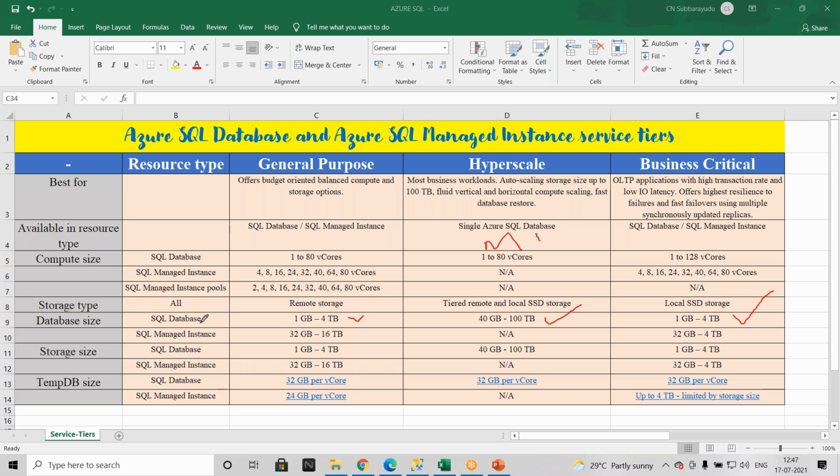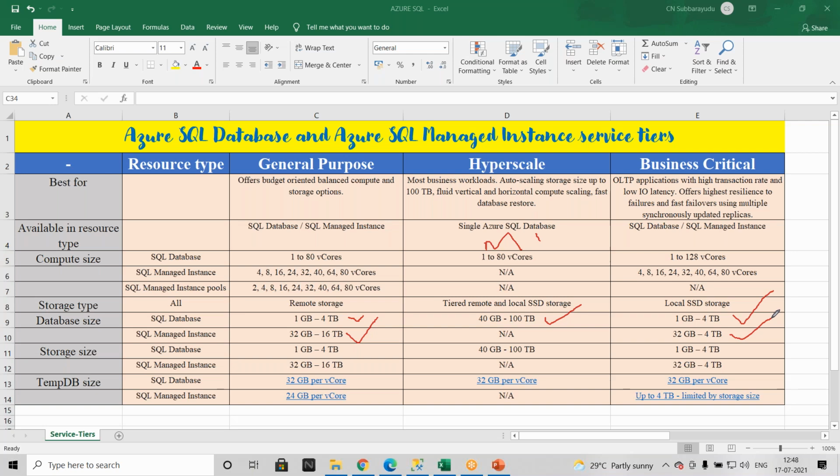For managed instance, Microsoft recently enhanced the storage capacity under general purpose, so you can store up to 16 terabytes. But in business critical, your DB size can be 4 terabytes.